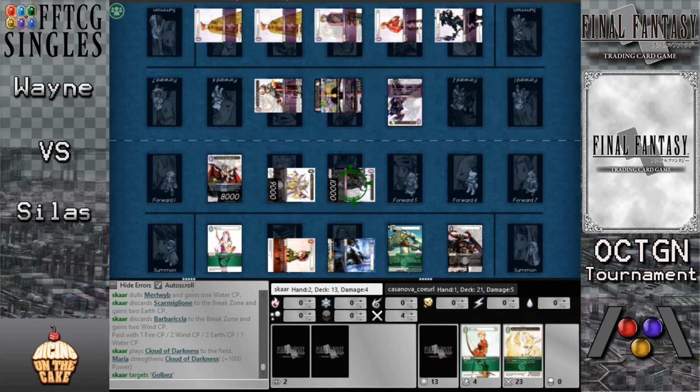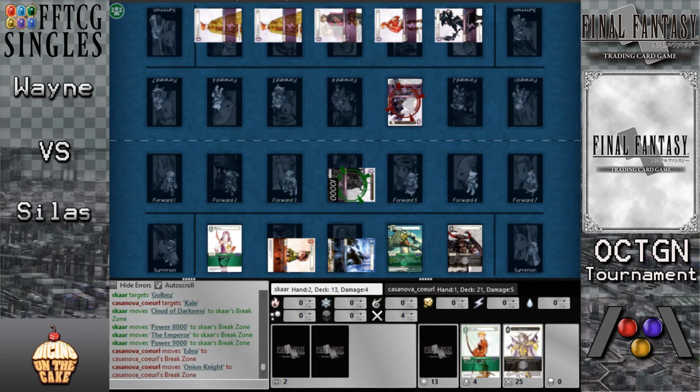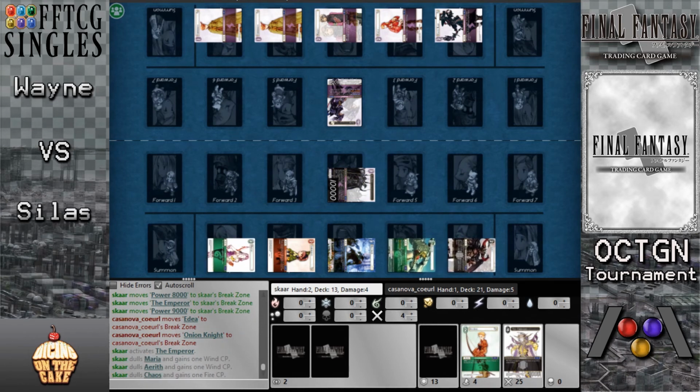Interesting. Cloud of Darkness and choosing Golbez to live. Very interesting indeed. And Silas is probably able to play a Barbariccia as well here. I'm not sure he will. Maybe he'll just keep the cards for now. We'll see. He can play Barbariccia for free every turn though, so keep that in mind, because Golbez loops that